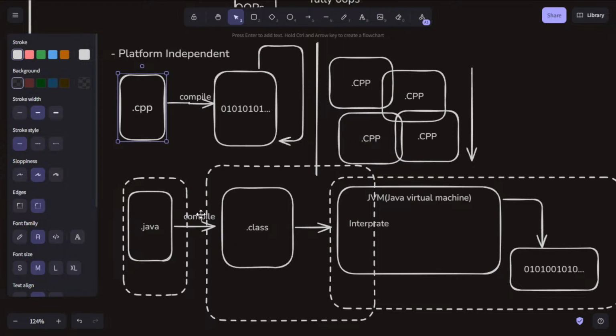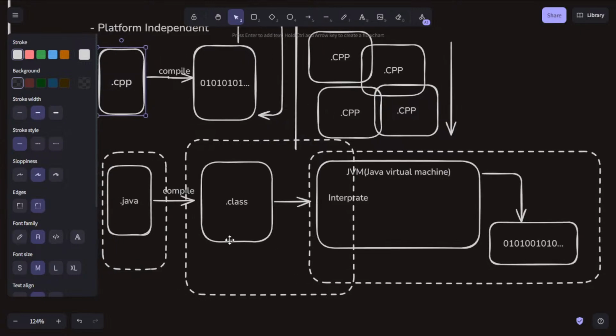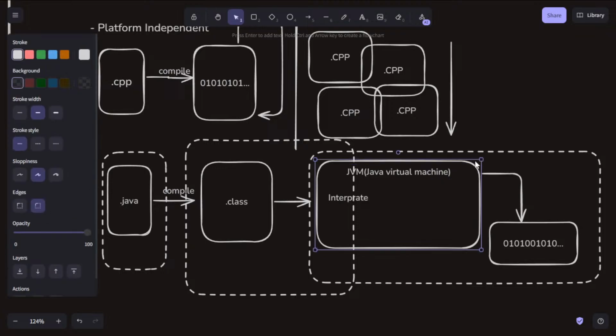For Java, it's platform independent. We are not focusing on any platform. A .class file runs on any architecture. Which architecture does the .class file run on? The JVM architecture, and the JVM architecture is the same on every platform.